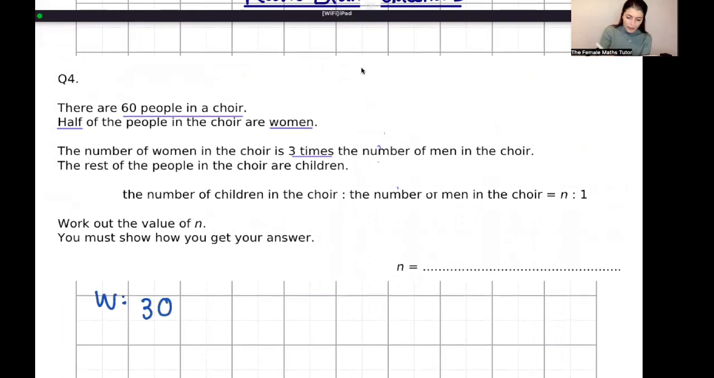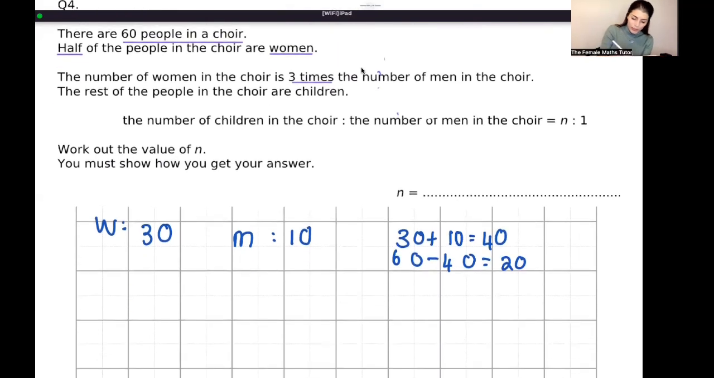The number of women in the choir is 3 times the number of men. So that means the number of men would be a third of 30, which is just 10. So going back to the beginning of the question, it said there were 60 people. So if I add up the 30 and the 10 to get 40, then I know that 60 take away 40 is 20. So there are 20 children